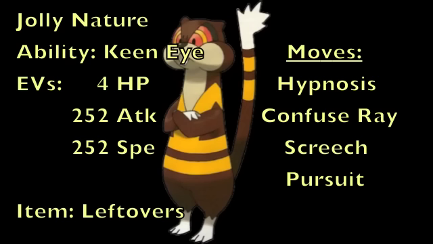As for the EVs, 4 for HP just to give you one more hit point, and then 252 attack and 252 speed EVs to give you your max attack and your max speed along with the Jolly Nature. And then along with this, we're going to be using Leftovers, which might seem weird, but it's kind of there just so that you can at least heal up damage with the moves that you are using, because they essentially are designed to either cause your opponent to not be able to attack that turn or make them want